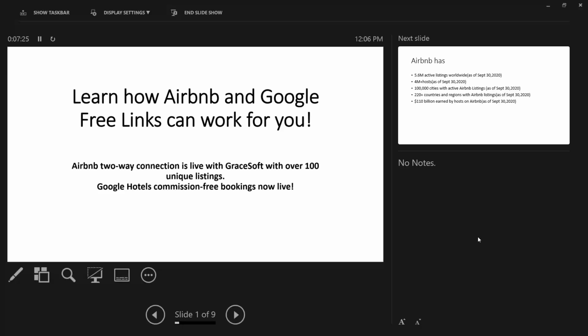It was a big concern at one of the conferences last year that Google is jumping into OTA because they already have a lot of the data, like maps data, things like that. But as of now, what we have heard from Google is that it's a free service that they are providing to the properties, and you can also do ads on top of the Google free links. So those are a couple of the different